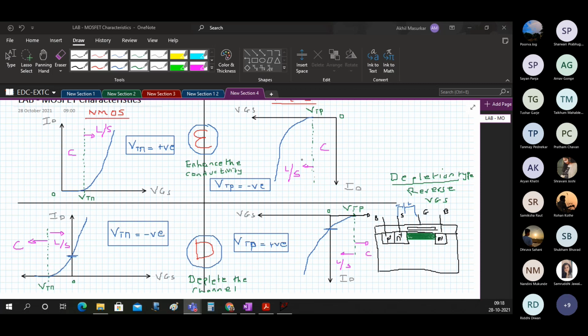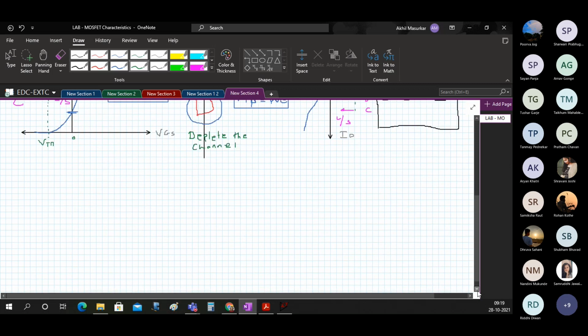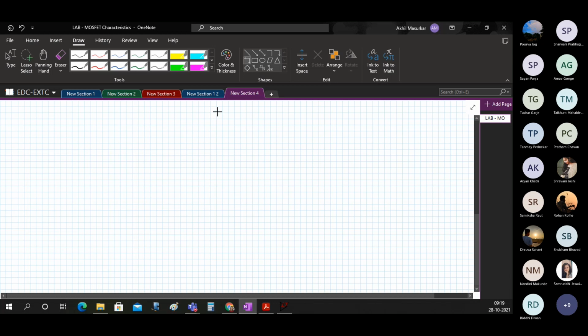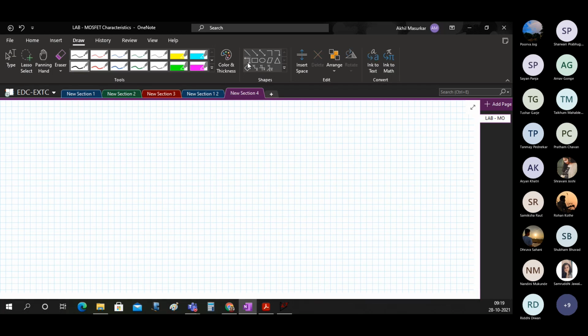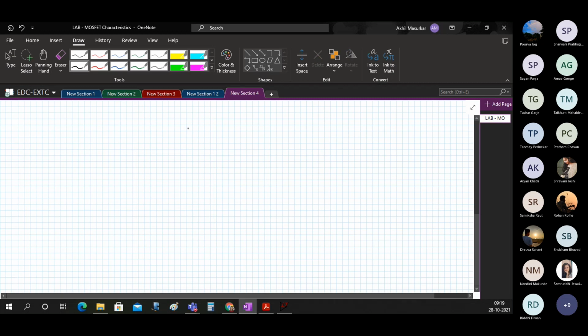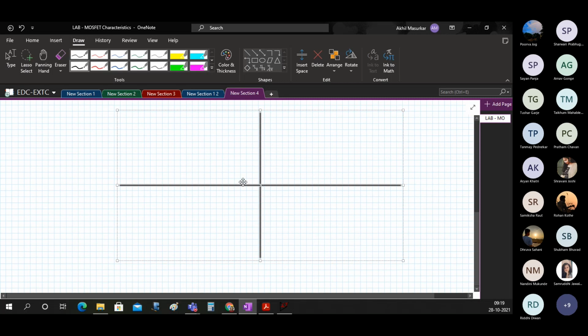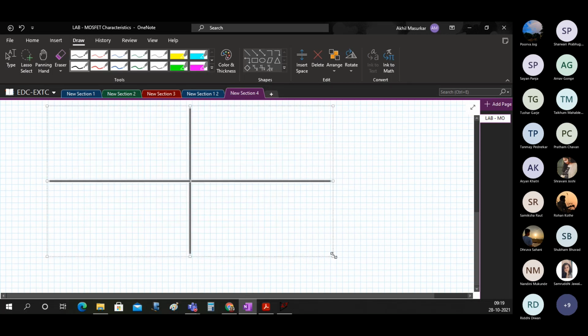So these are your input characteristics. So we are going to plot this. Now the question comes, what is the output characteristics? Output characteristics also has to be somewhat similar. So let's just plot the output characteristics.